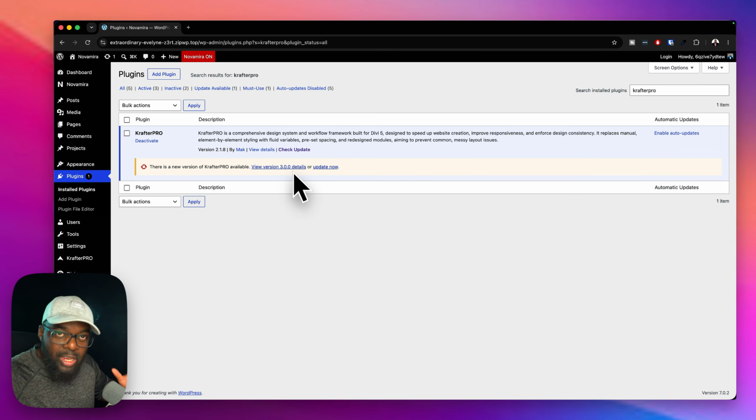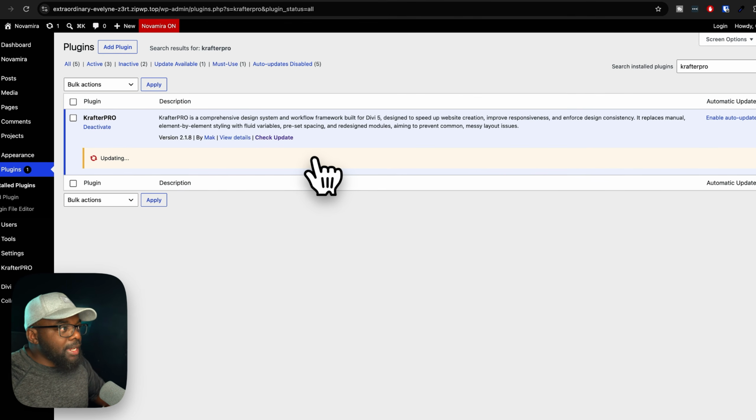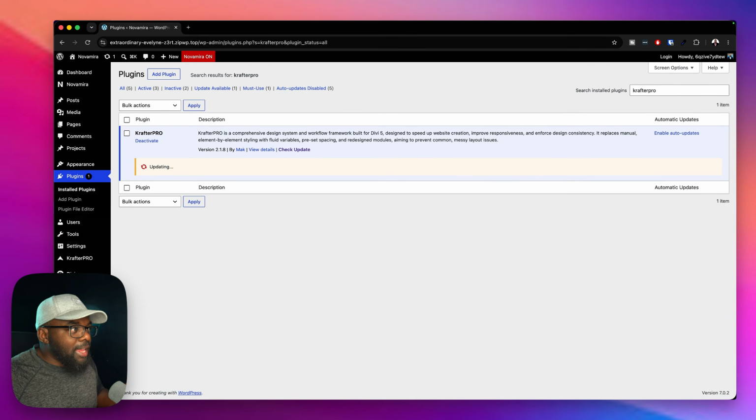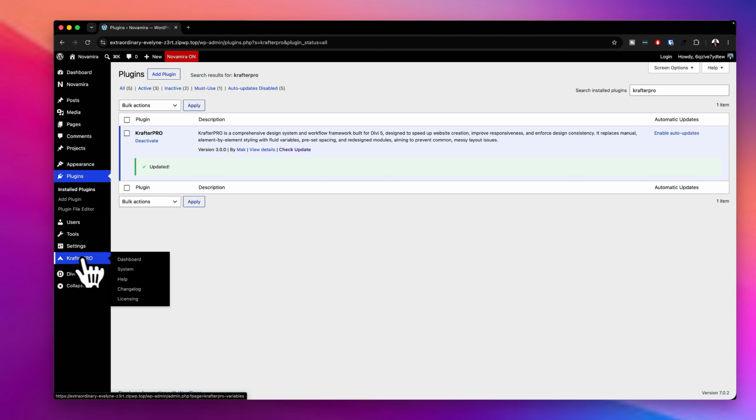So what you want to do, if you have this installed already, is go up over here to update now. Once you click on update now, it is going to automatically update and get you to the latest version. And if you've already added your licensing key, you don't have to do it again. All right, so now that we have it installed, what you want to do is head over here to